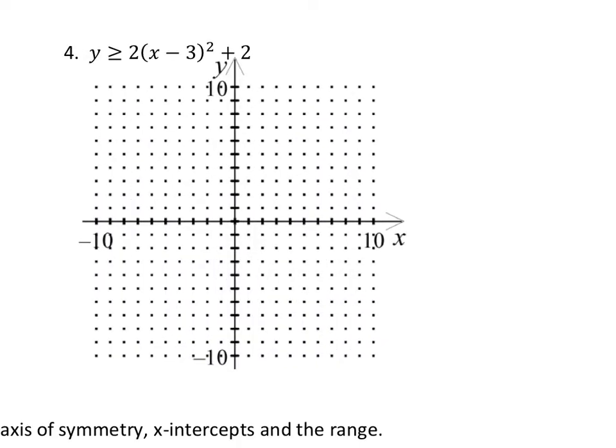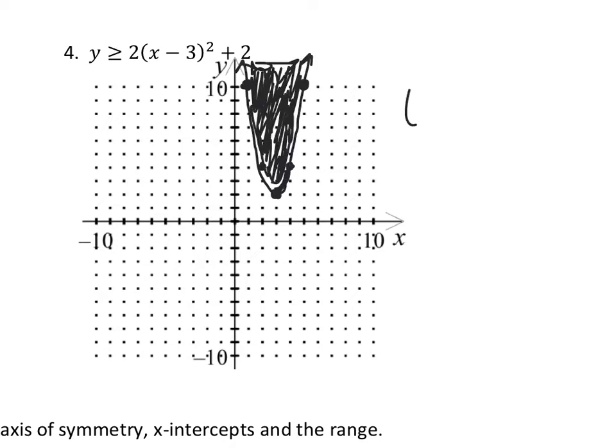Okay, the next graph we're going to do is graph number 4. This is also an inequality, but this one is not an absolute value. This is a quadratic function. So I'm going to go ahead and graph this function for you, and then I'm going to talk about some of the attributes. Alright, so I began with our vertex, which is 3, 2, and that's this point right here,